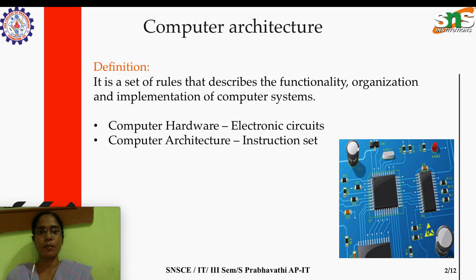It includes computer hardware, which involves electronic circuits, electromagnetic devices like keyboard, printer, and memory devices like primary memory, RAM, secondary devices, then input output devices. Those are all dealing with computer hardware. Along with that, you will know the instruction set carried out to perform an operation. So it encompasses both architecture and the hardware. Computer architecture mainly covers the functionality and design of various units of the digital computer system.